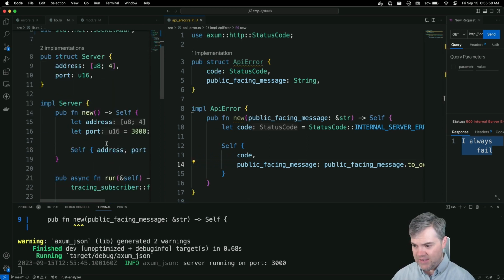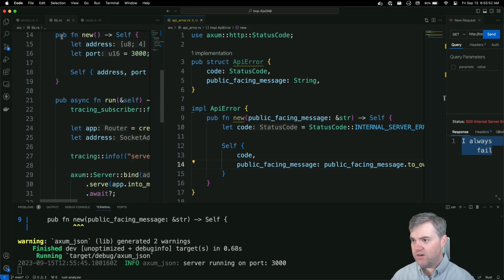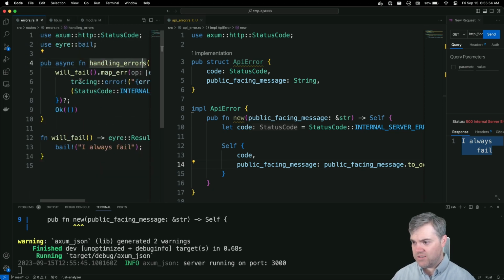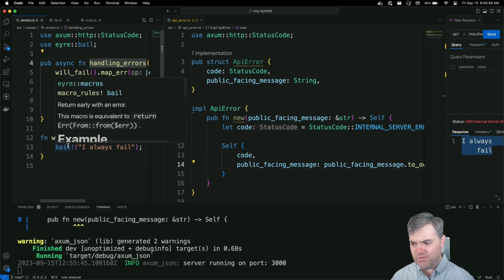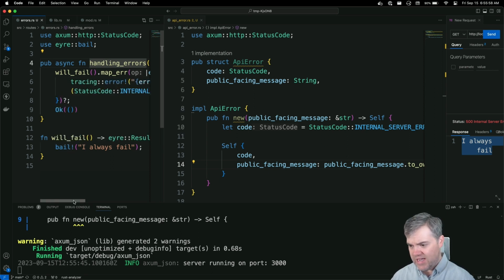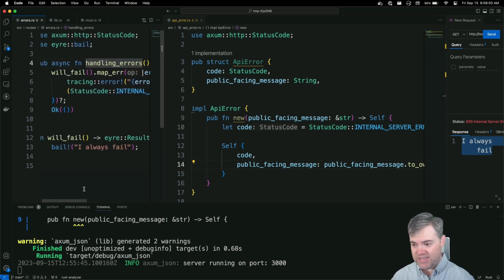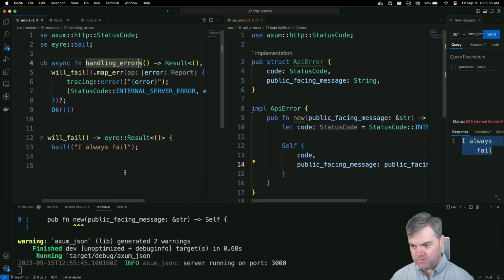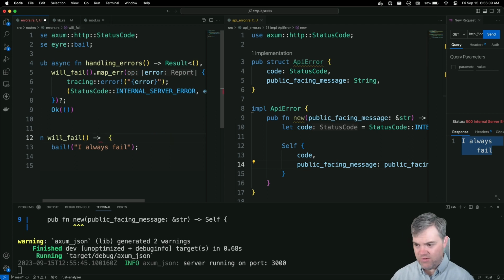So let's say I wanted to convert, let's go back over to errors. Say I wanted to convert this will fail, and I wanted you to be an actual error instead of this error, well, result. So at this point in time, let's change this over. You're going to return a result.